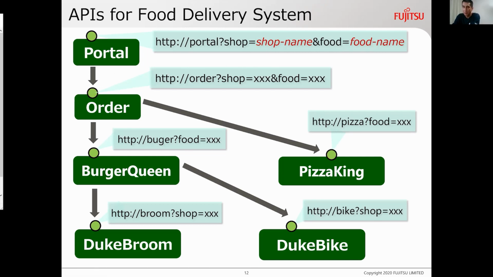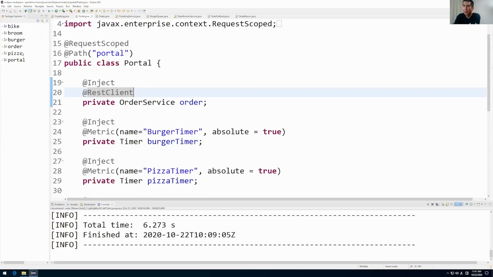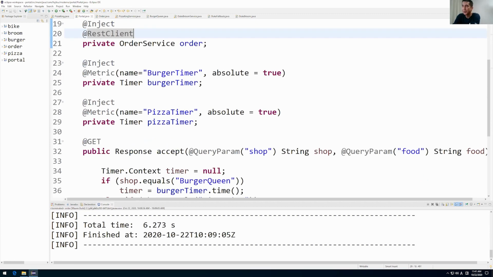So let's look quickly at the program code for this demo. This is the portal service. And there are two metrics here, burger timer and pizza timer. They measure the response time of the burger service and pizza service.